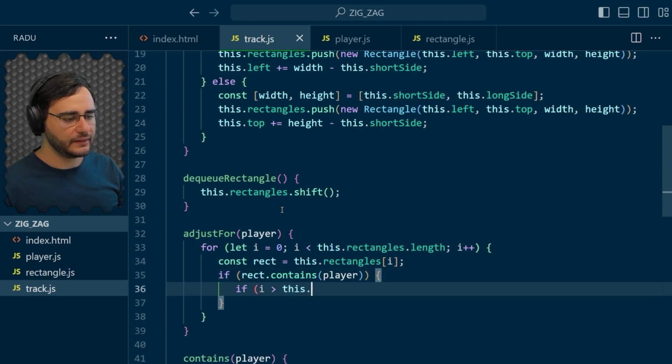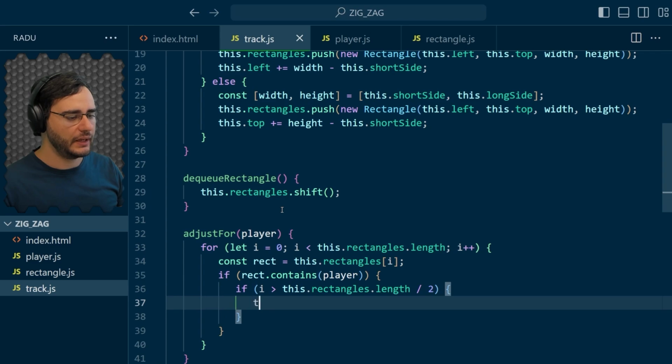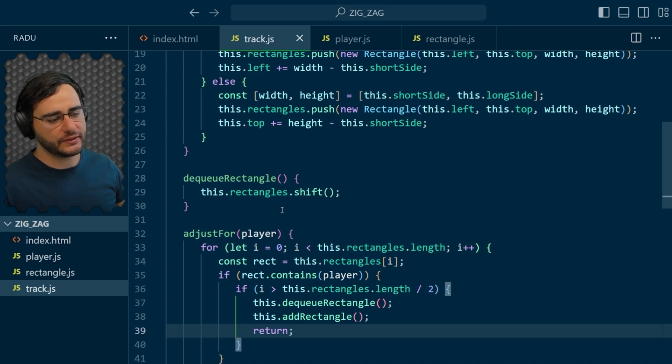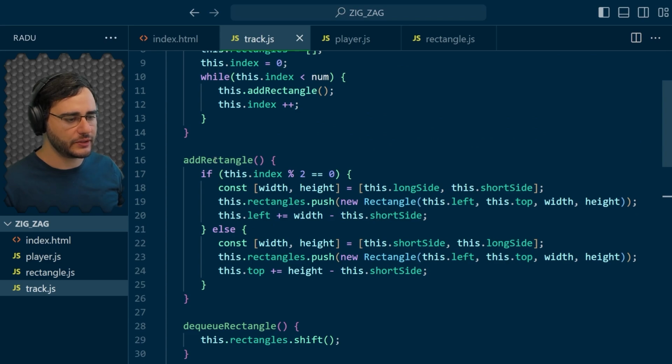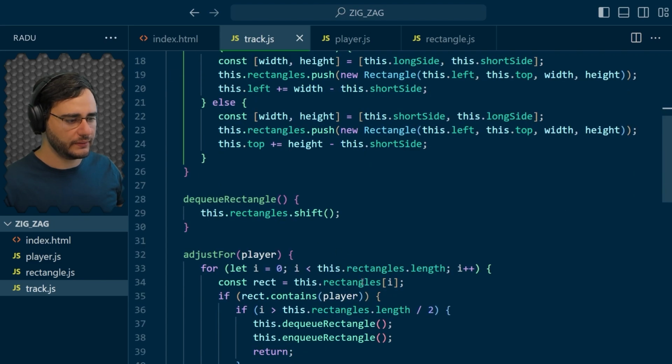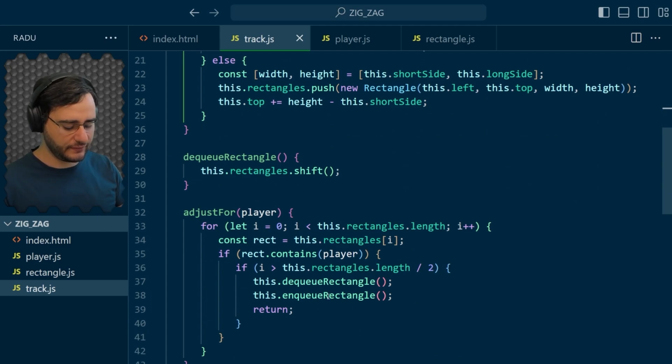And if the index is greater than halfway, I'm going to dequeue rectangle and also add a rectangle. And I can return here because it saves some processing. We don't do this loop all the way. Now, add rectangle. Let's use this new terminology. I'm going to right click, rename this as enqueue rectangle. So it renamed it everywhere. And if we save and refresh,